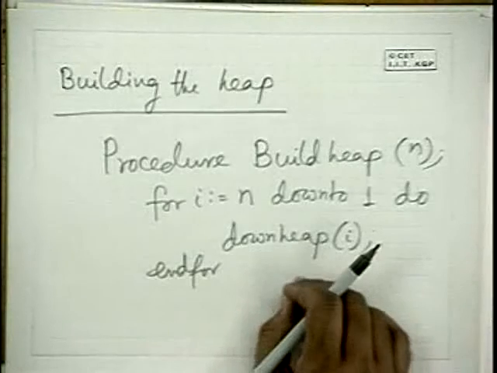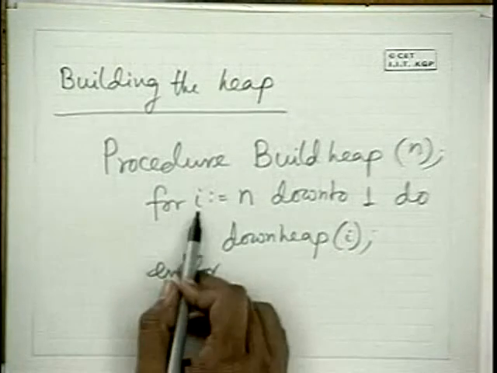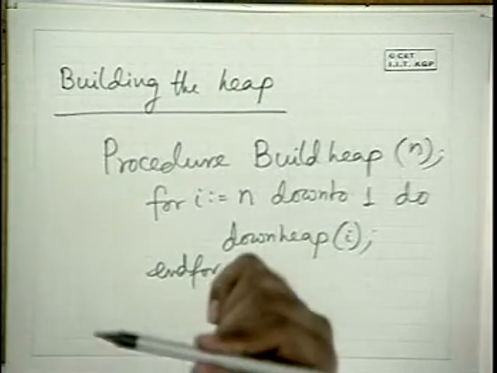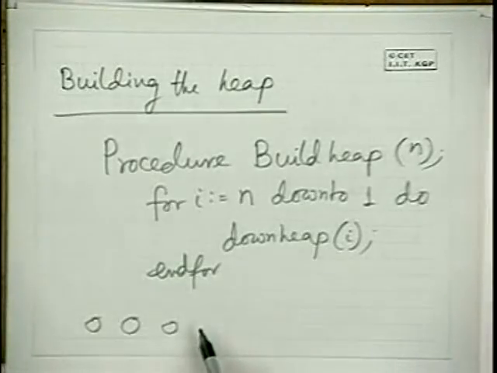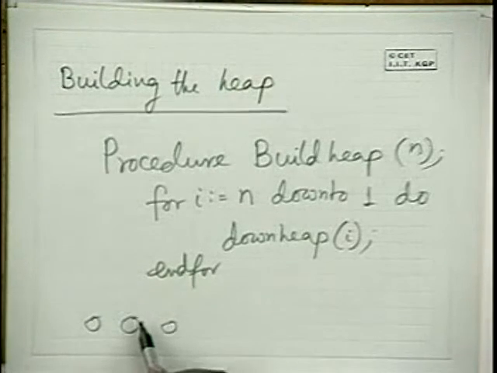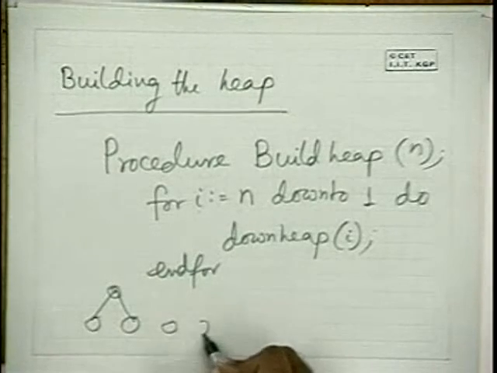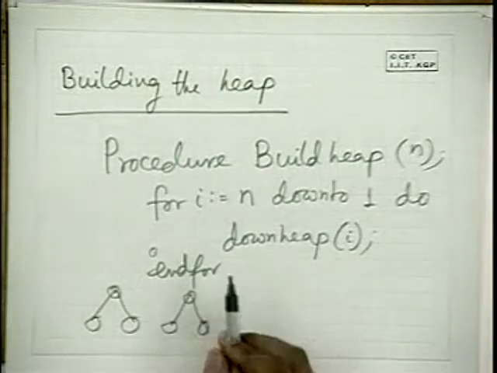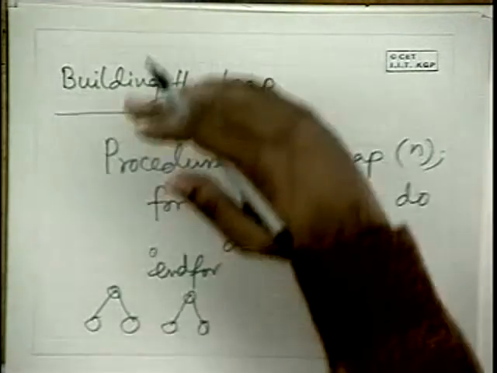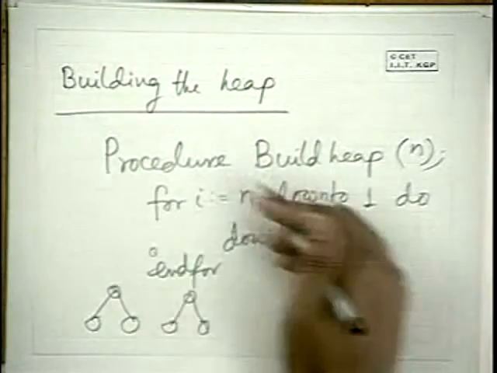Okay, so down heap i. So this is what it is doing. It's taking i equal to n down to 1. So in the array, it's going from right to left. So basically, if you see, this algorithm is first creating the lowermost level, then the next higher level, then the next higher level. That's the way it is building the heap. So basically, suppose at this point of time, it has built these two. Okay, so next level it is building on top of this. So it is going from bottom to top, n down to 1.